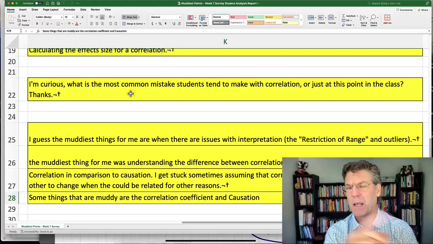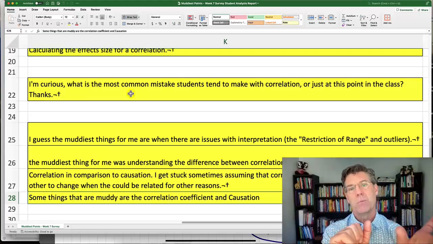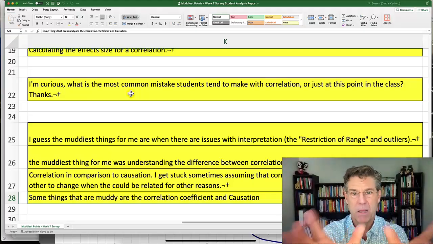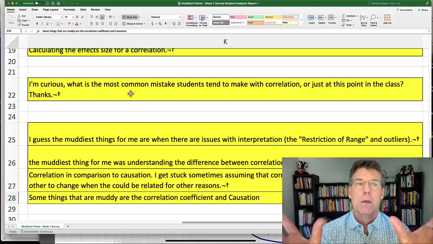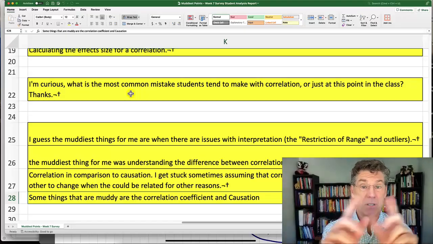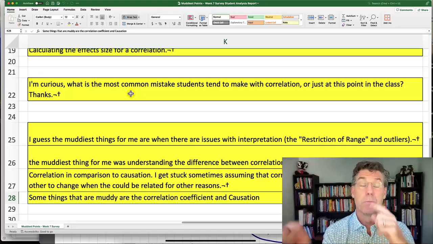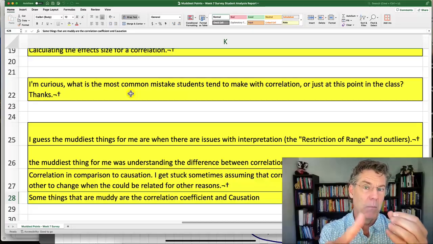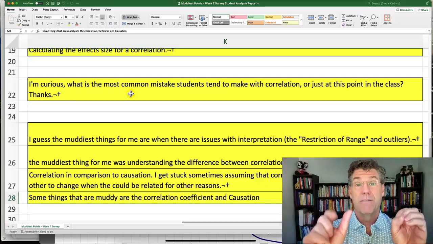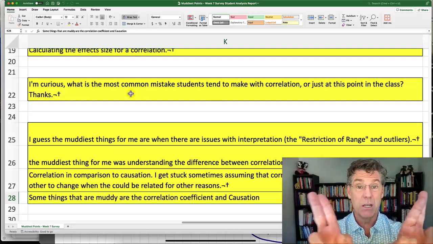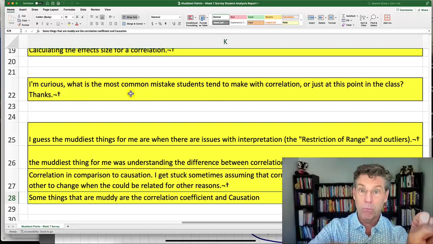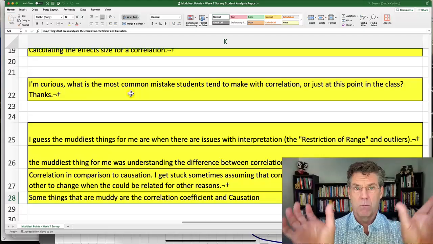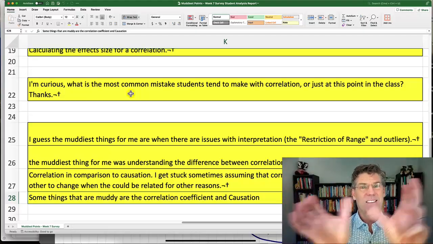Sometimes we can eliminate one of the directions if one variable is measured first and the other variable is measured later. But in this case, they were maybe measured at the same time. So directionality gives us two of the options, and they're both causal, but in opposite directions. The third, and this is often a very common one, is what we call the third variable problem. The third variable problem is the fact that sometimes two variables connect to each other not directly, but through a third variable. These are what we call spurious correlations. These are where two variables are correlated to each other, but they're not directly connected.